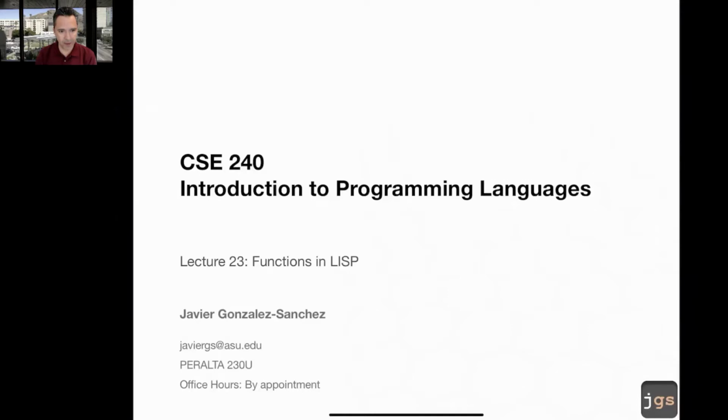to have open the next assignment and a new quiz. So review everything that we have done with Lisp. We should finish this week, and then you're going to have a week to work in a new assignment and a new quiz. As usual, the quiz, a couple of questions to answer in less than an hour, multiple choice, and the programming assignment. The programming assignment, this time, you're going to notice is going to be a little bit